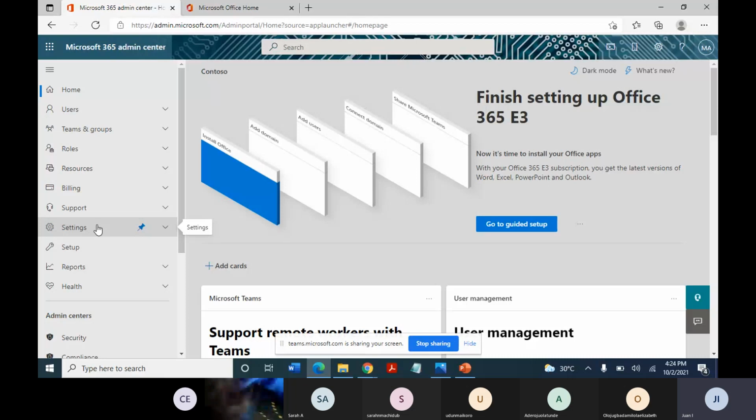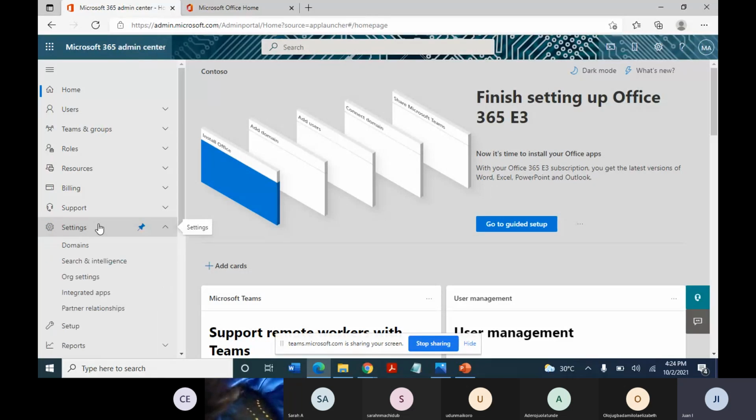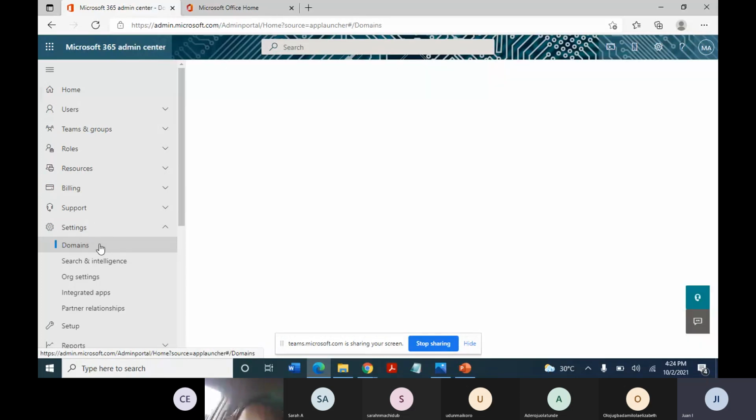So now we signed up for our tenant, or sorry, for the trial subscription. I have a custom domain I want to set up. How do I go about doing that? First of all, you click on settings right here on the left-hand side, and then you can see domains. So now when you click on domains,